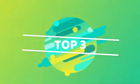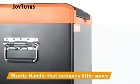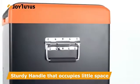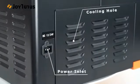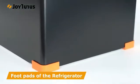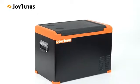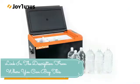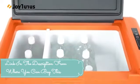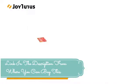Portable car refrigerator JoyTutus 42 quart, 40L, freezer, -4 degrees Fahrenheit to 68 degrees Fahrenheit, compressor fridge with iron sheet for camping, car, truck, RV, boat, travel, road trip, home, 12V/24V DC and 110V/240V AC. You will receive 1 portable refrigerator, 1 AC adapter, 1 11 feet DC cord, 1 manual and a 2-year warranty of